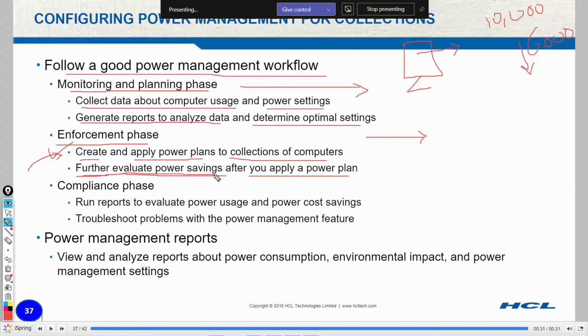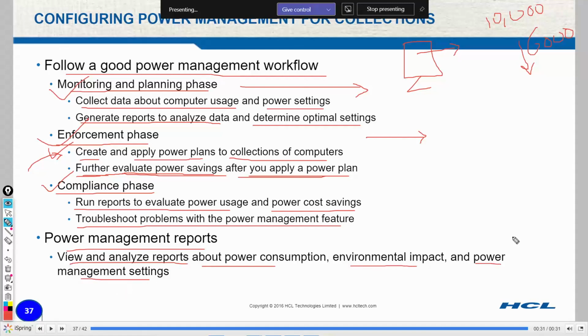So further evaluate power setting savings after you apply a power plan. Compliance phase: run reports to evaluate power usage and power cost savings, and troubleshoot problems with the power management feature. So we have three phases: monitoring and planning, enforcement, and compliance. Power management reports: you can view and analyze reports about power consumption, environmental impact, and power management settings. These will be seen in the reporting section.